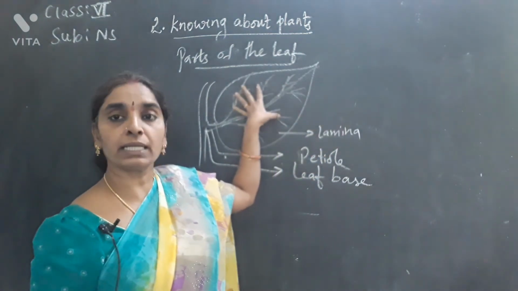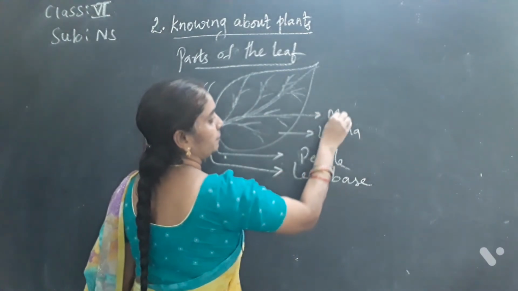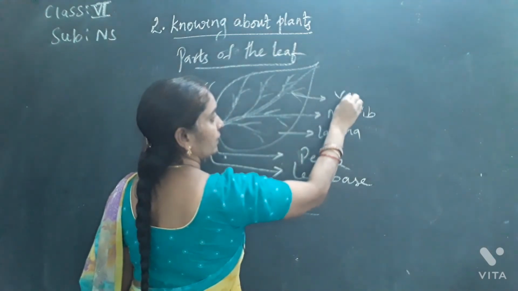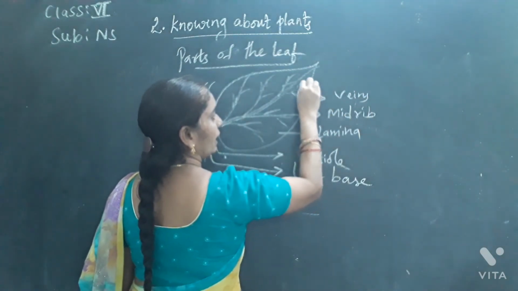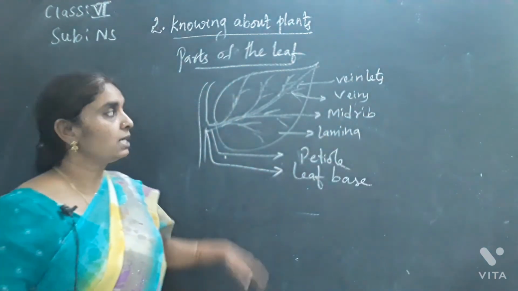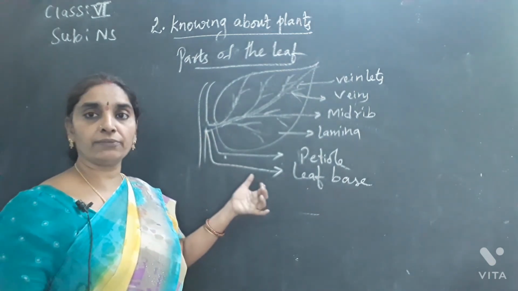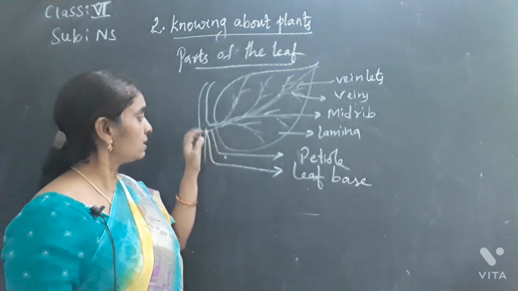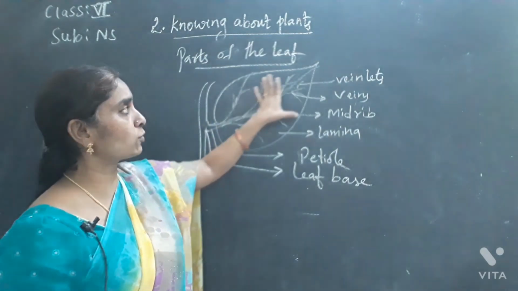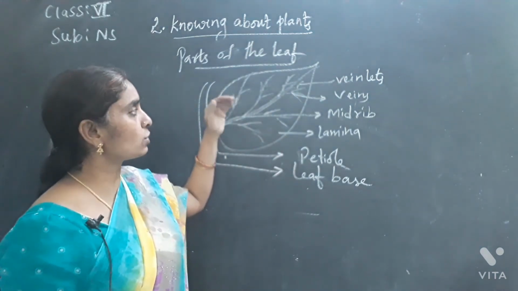And lamina again consists of 3 parts. They are midrib, veins and veinlets. Is it clear children? So these are the parts of the leaf. Leaf base is the part of the leaf where it arises. The stalk of the leaf is called the petiole. The expanded portion of the leaf is called the lamina, and the lamina consists of midrib, veins